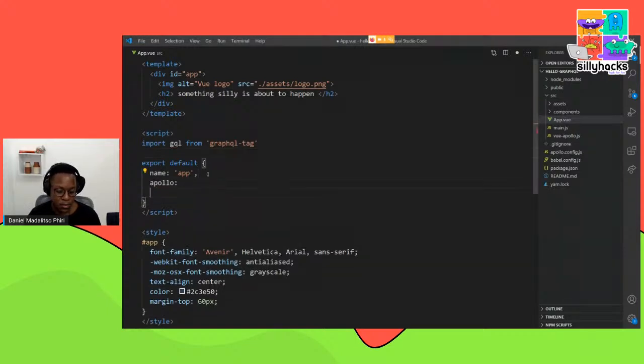Apollo, then locations. Let me just make sure this is visible to everybody. Okay, yeah, that looks big enough. Locations, and then GQL, okay, and then